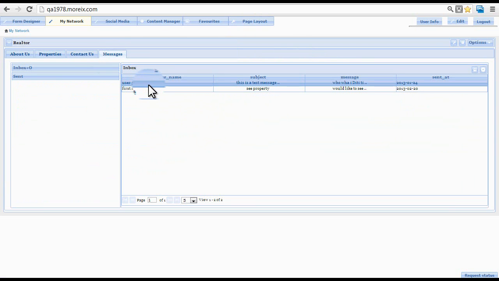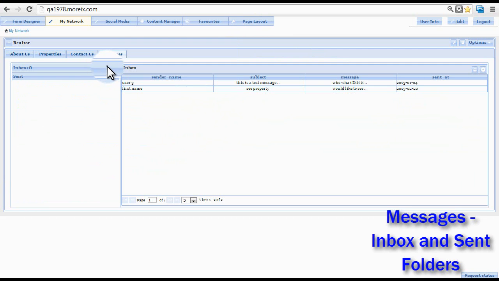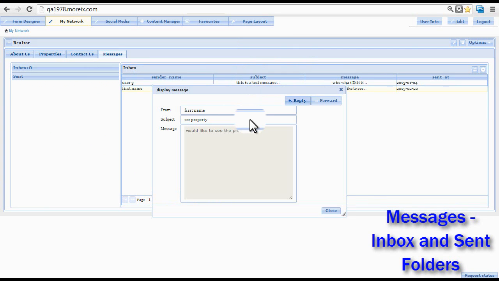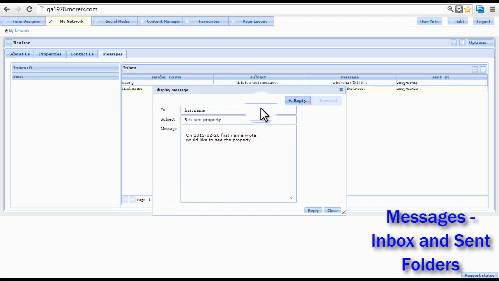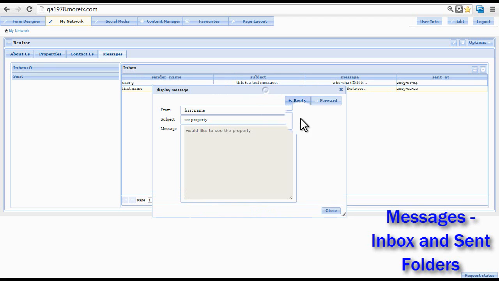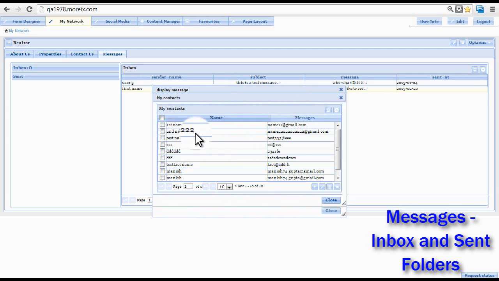Then we have the messages menu tab which gives the inbox where all the received messages are stored. The user can see these messages by clicking on a particular record. They have two options here: to reply to the message or forward it. The reply option will give a simple screen with the last message and the two email IDs automatically present, and the user can simply type a reply and click on send message.